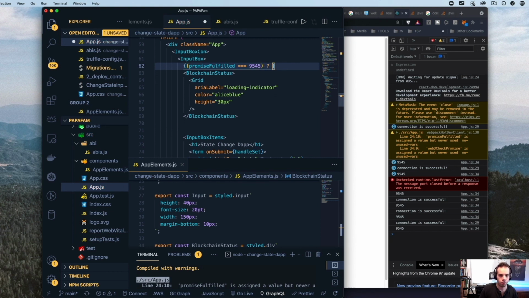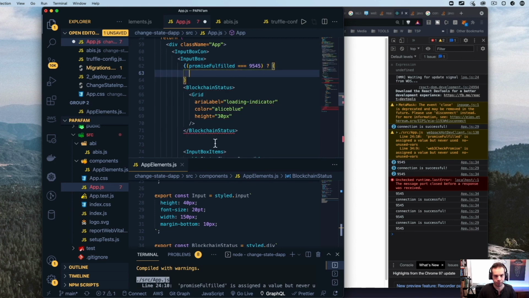So if the promise fulfilled equals 9545, then we're going to show this. Otherwise, we're going to show something else. So I'm going to bring this down.